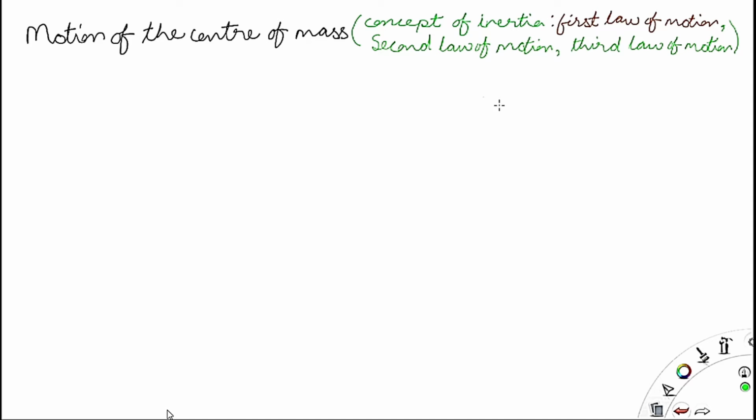know from the previous chapter what the center of mass is and how to find the center of mass of different bodies. In that chapter we know that center of mass is assumed as a single particle having the mass of the entire system. And we found center of mass of various linear bodies and planar bodies in the previous chapter.